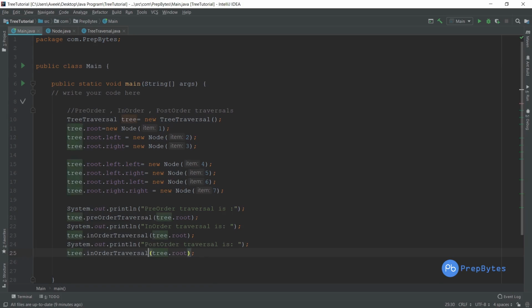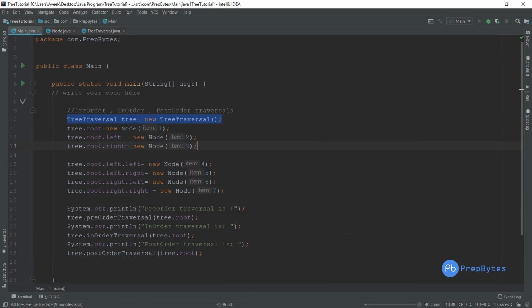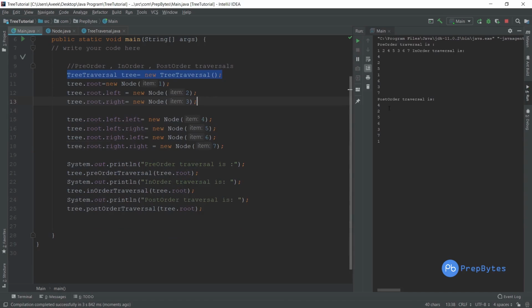Let's see what it will print. So you know the answers. If you don't know the answers, just write them down before seeing the result. Just write down your answers of in order and post order traversals and match them with the result. Okay, so now it is running, the in order traversal, the post order traversal, and the